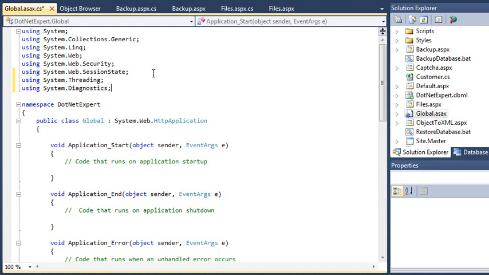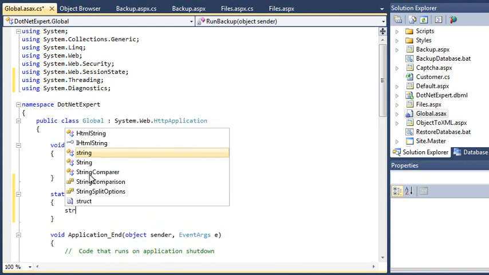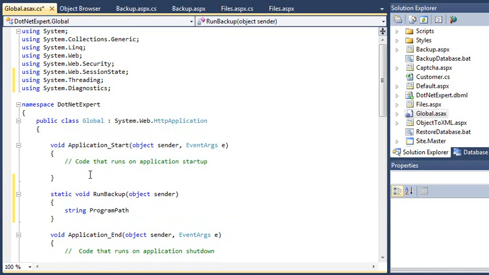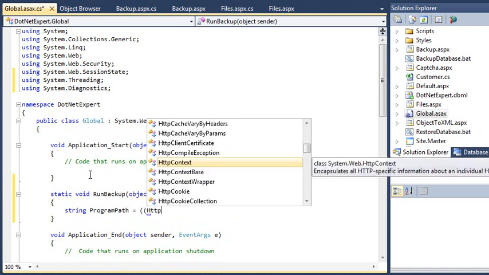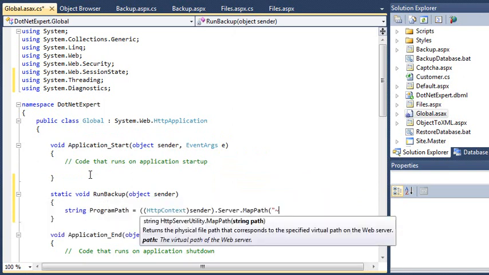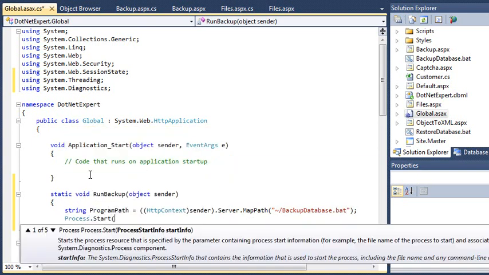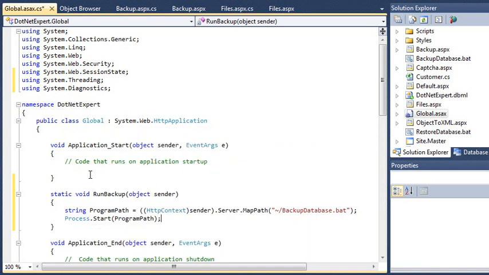Now you're going to add a new static method to run the backup utility. Add the following new method: static void RunBackup(object sender), string programPath = HttpContext sender.Server.MapPath("~/backupdatabase.bat"); Process.Start(programPath);